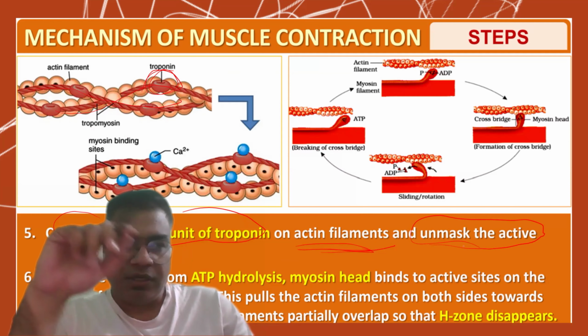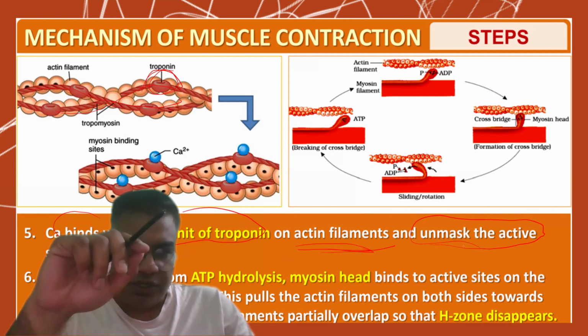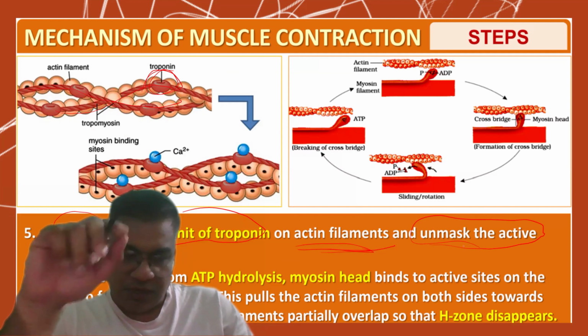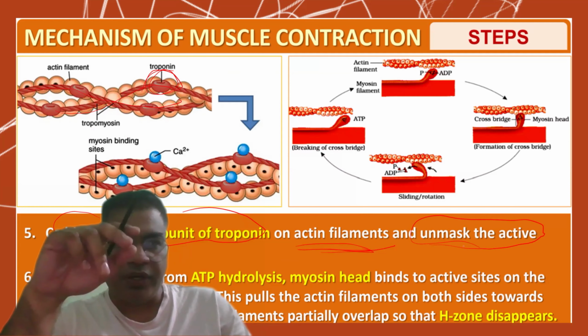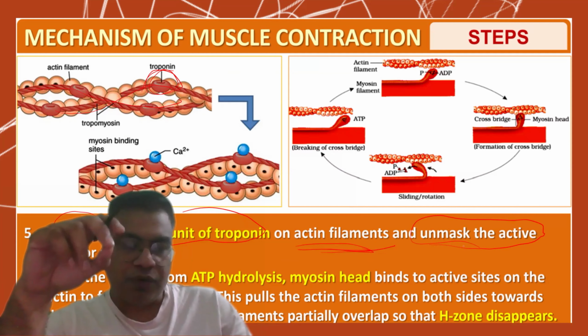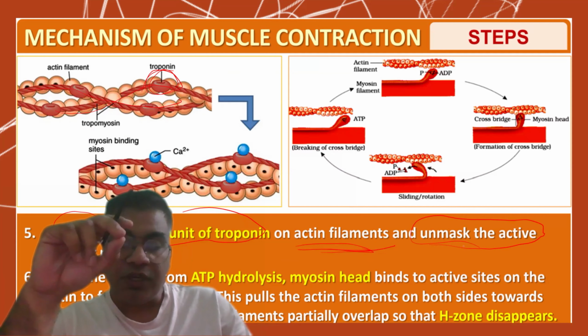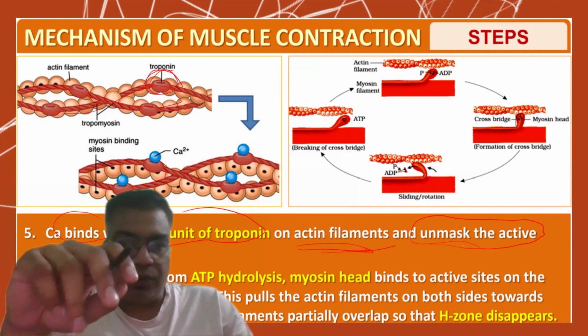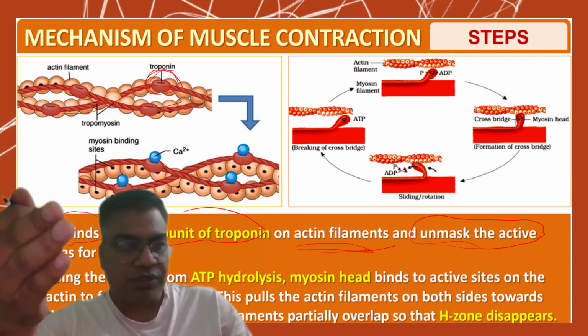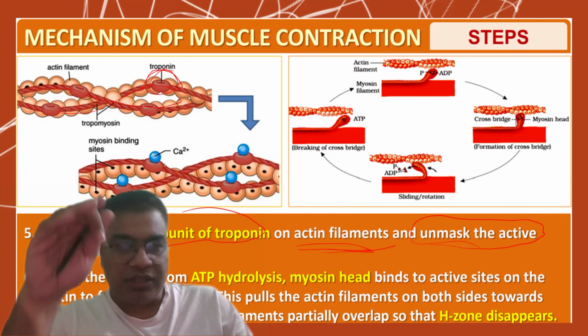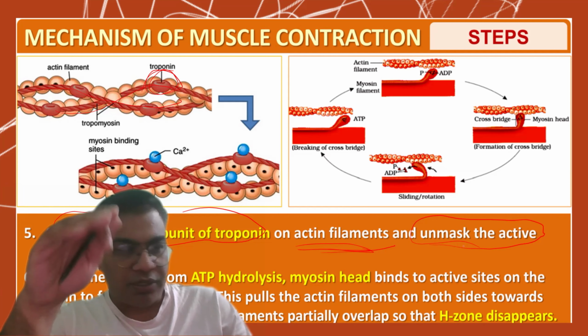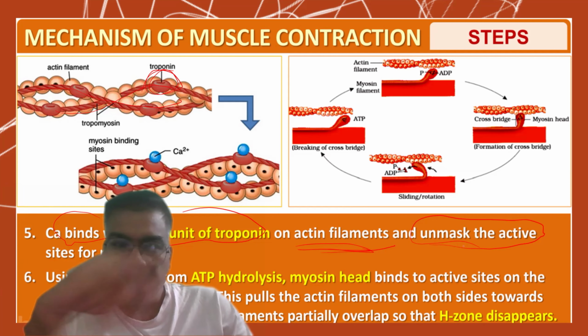When an action potential is generated in the nerve cell, it travels to the terminal portion, where it is responsible for the release of acetylcholine from these vesicles. Acetylcholine gets released. This neurotransmitter attaches to the